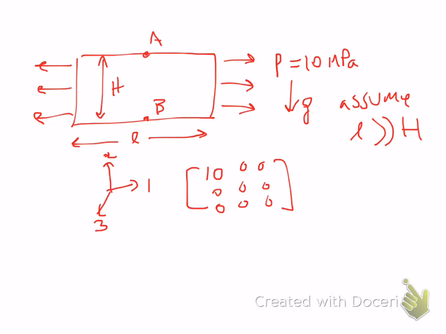And is there any shear? So remember that the principal directions are that coordinate system where there is no shear. There's only normal forces, normal stresses. I think it will be the same because it doesn't have shear forces, so we don't have to rotate or change the tensor. Right. I gave the tensor to you. I drew it in what is probably the most likely principal coordinate system. So the 1 direction is a principal direction, and then the 2 is the direction of gravity, so that's most likely going to be another one.